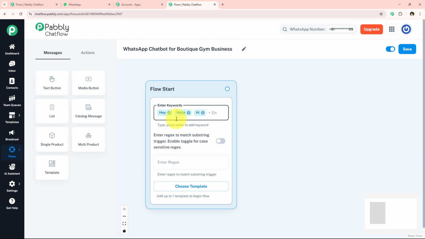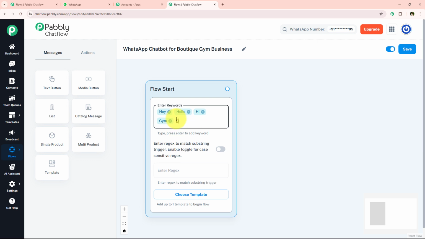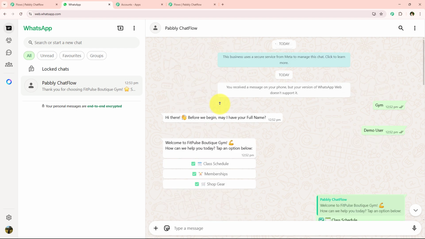So as you can see that I've simply added the most commonly used keywords. Now I'm just going to add some more keywords like gym right over here, which are related to my business. So as you can see with this, I've simply entered all of my keywords. And after entering my keywords, what I want is that whenever my user sends me any of these keywords, I want to send them a message like this, which is hi there, before we begin, may I know your full